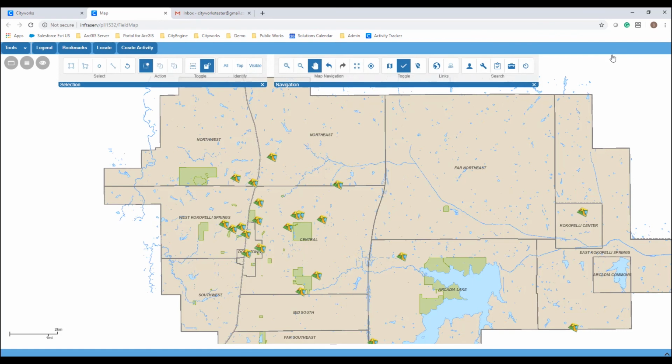The Cityworks map is pulling live GIS data from your organization's GIS server. So this information is dynamic, if there's an update made on the GIS, the map will pull that in automatically upon refreshing. Another thing to note about the Cityworks map is it does use HTML5, so it is functional on any mobile device. So I could sign in on my phone or my iPad, and I could view the same